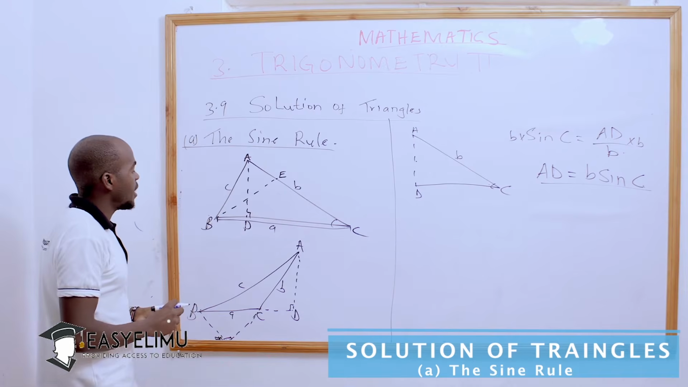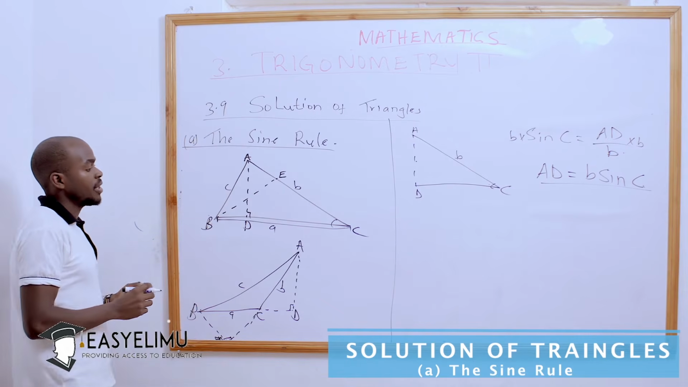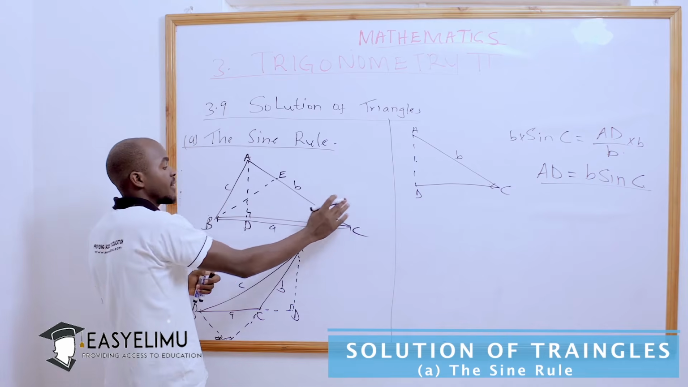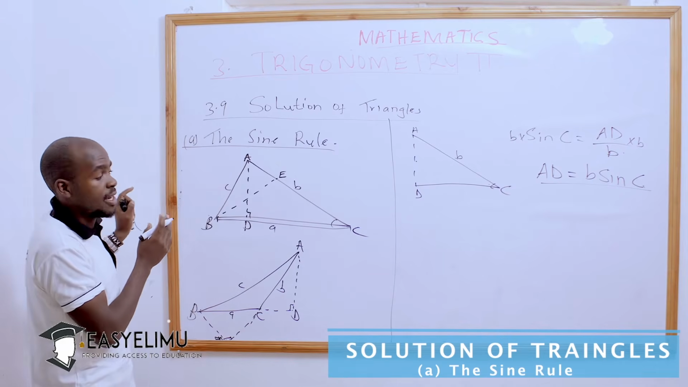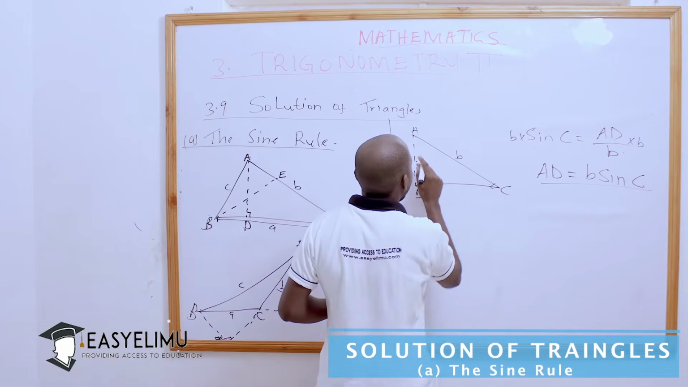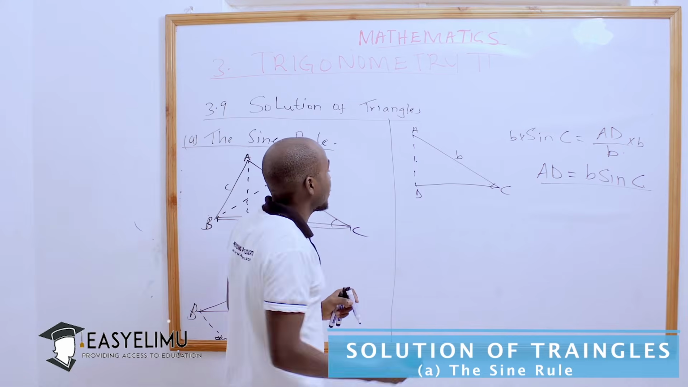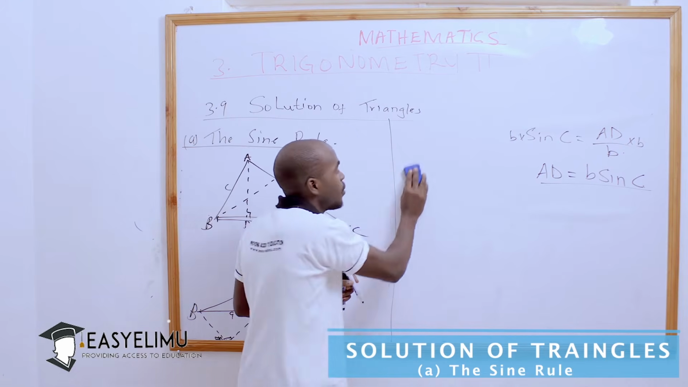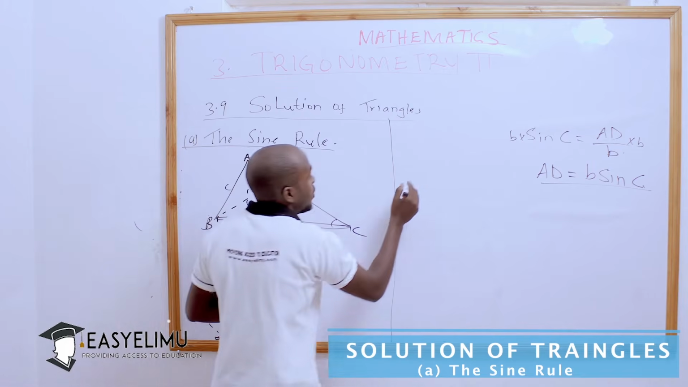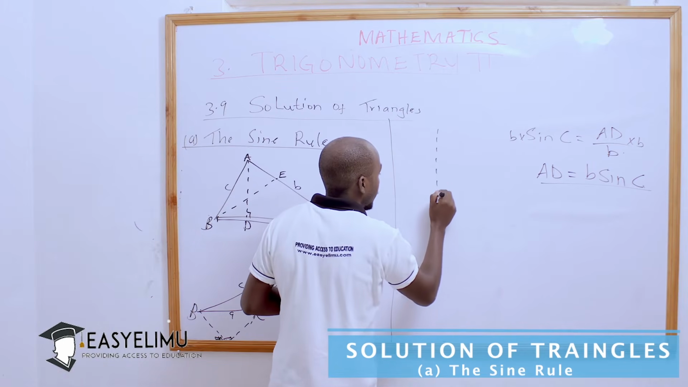Now you can still find it the other way around, in that instead of using the other side, you use the left hand side. And we do say that to find this AD, we can reverse and use another angle, which will give us the same line AD. And if we do that, we are going to get